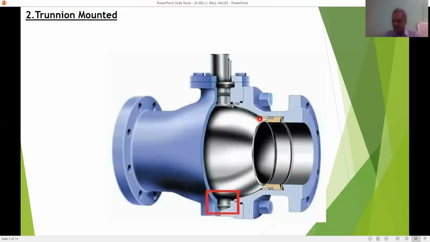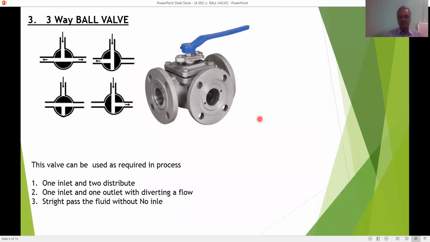The floating ball valve is suitable for medium and low pressure and usually small diameter. The trunnion ball valve is a kind of double block and bleed. You will see how to do the bleed in the next diagram. See the downstream side. The trunnion ball valve can block both upstream and downstream media. Is it clear?